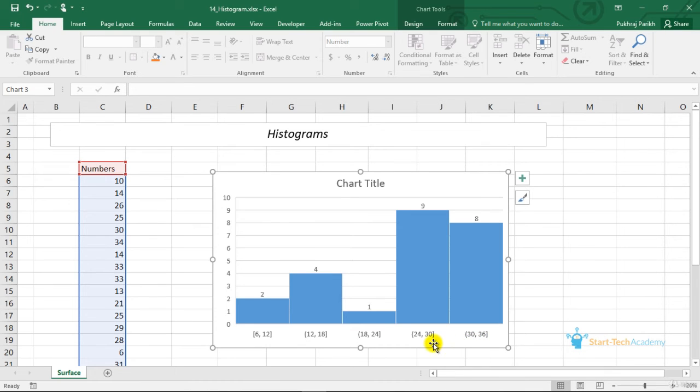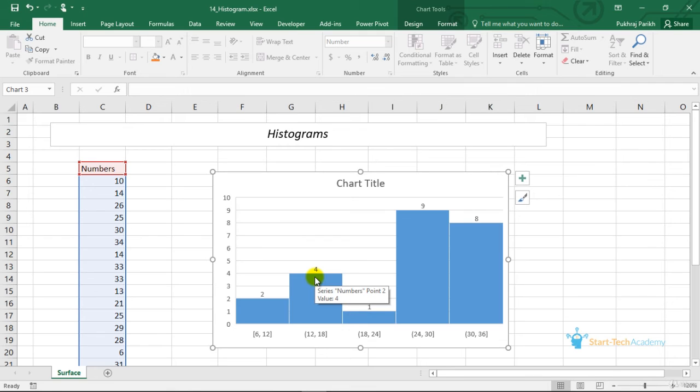For example, in this 24 to 30, 24 will not be included in this graph, therefore it has a curved bracket, but 30 will be included in this bar, therefore it is a square bracket. So you can see for these 4 categories, the first number is not included but the second is included, but for this first category only, the first and second both are included. This is how a histogram will look like.